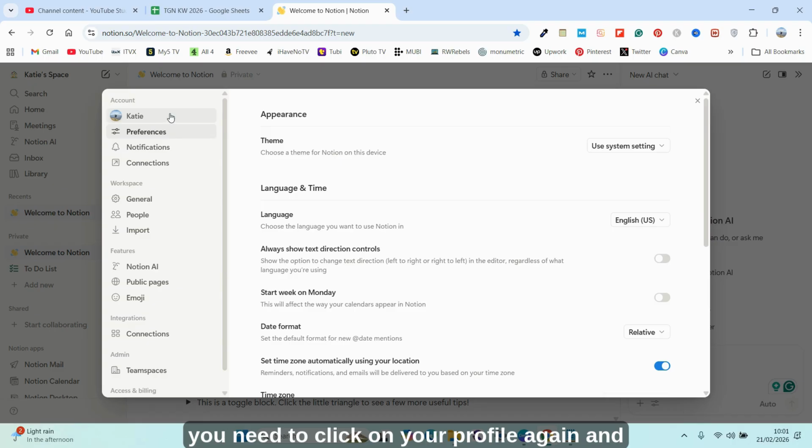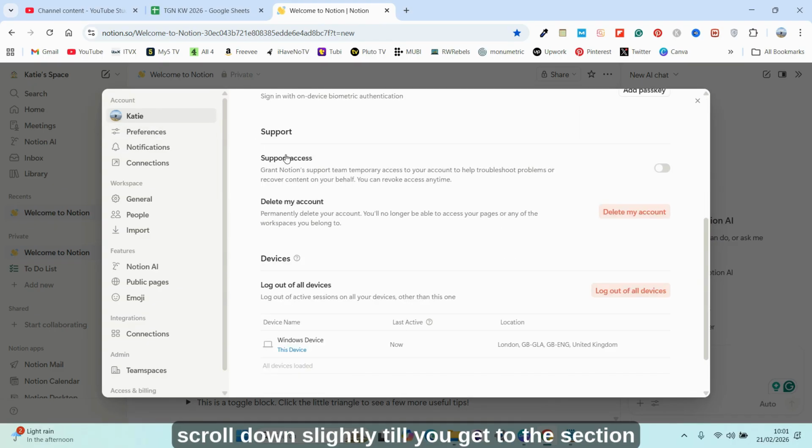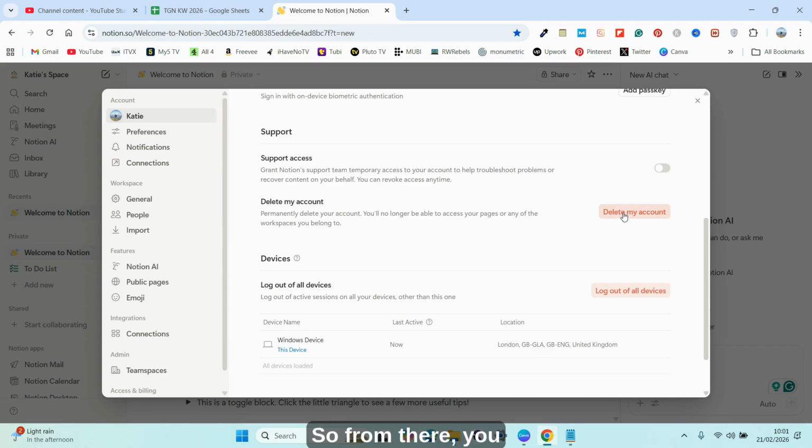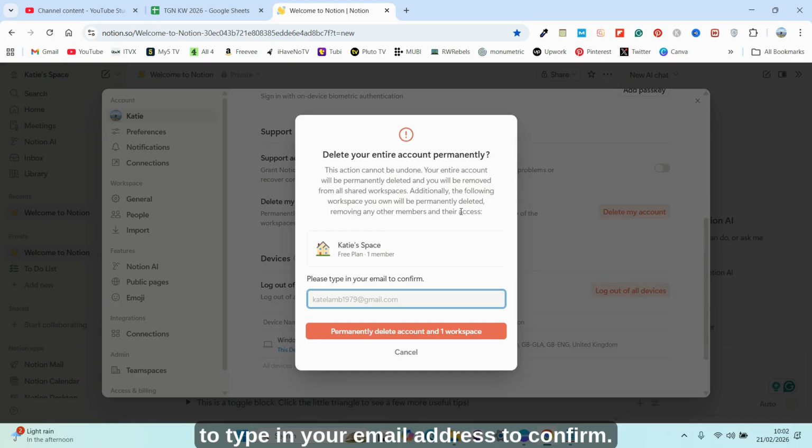From there, you need to click on your profile again and scroll down slightly till you get to the section that says support. And in that section, you should see delete my account. So from there, you need to click delete my account and you'll be prompted to type in your email address